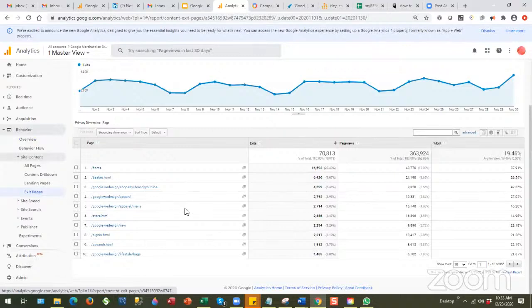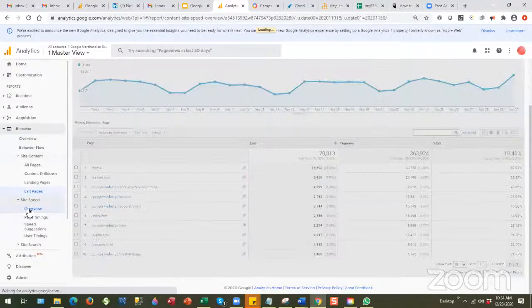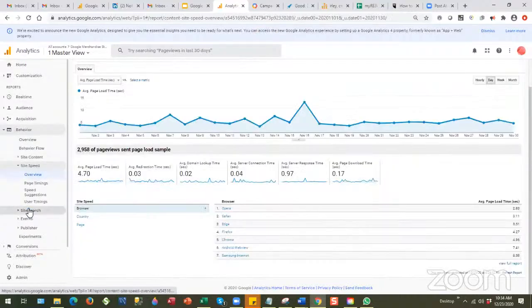So just keep monitoring these pages so that the highest exit pages should not be pages that are connected to the checkout process. And about the site speed, not going into in-depth detail, I would like to give an example of how we handled one of the scenarios in a business. The scenario was this: